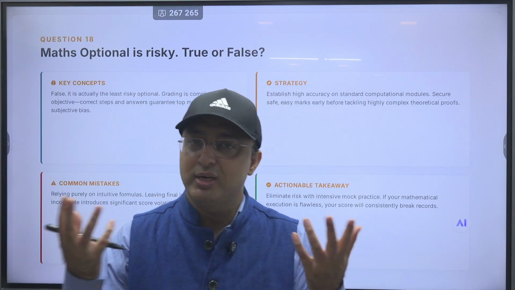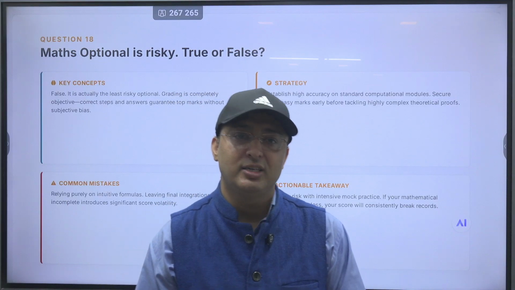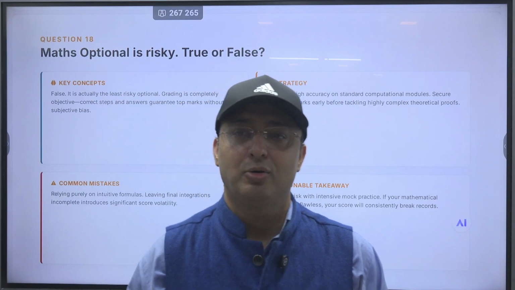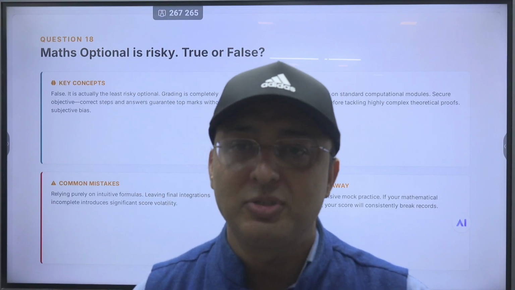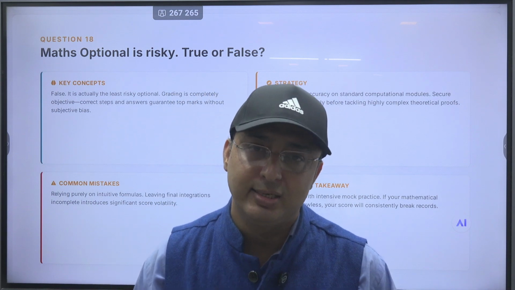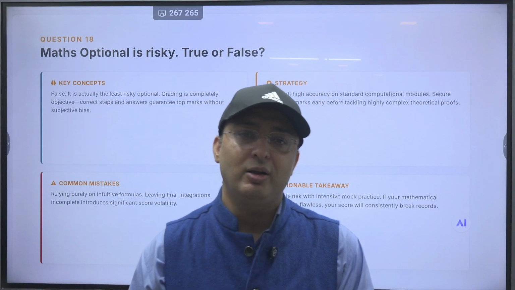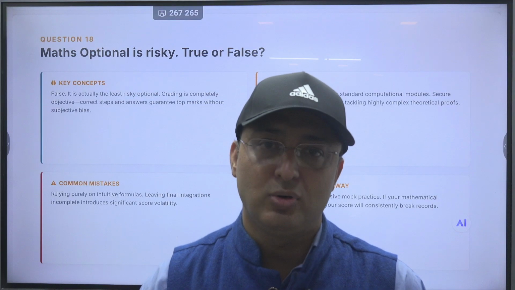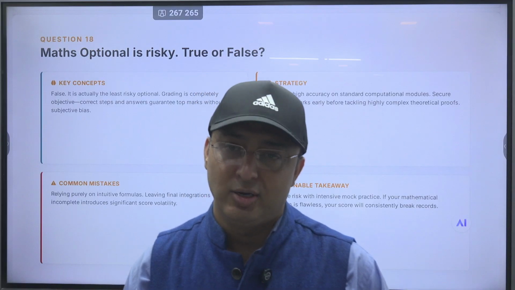So I really wonder why a student who has done BSc and MSc, or for that matter an engineering student, finds it difficult. That means they have not understood the whole idea of this subject. Maybe they are great at the subject, but they have not understood the need and the demand of the examination by UPSC for mathematics optional. It is structured, it is objective. Why do you fail, why do you get less marks? Because you have a faulty mechanism in the method, and for that you have to find a way out, and it's completely in your hands and not in ours.